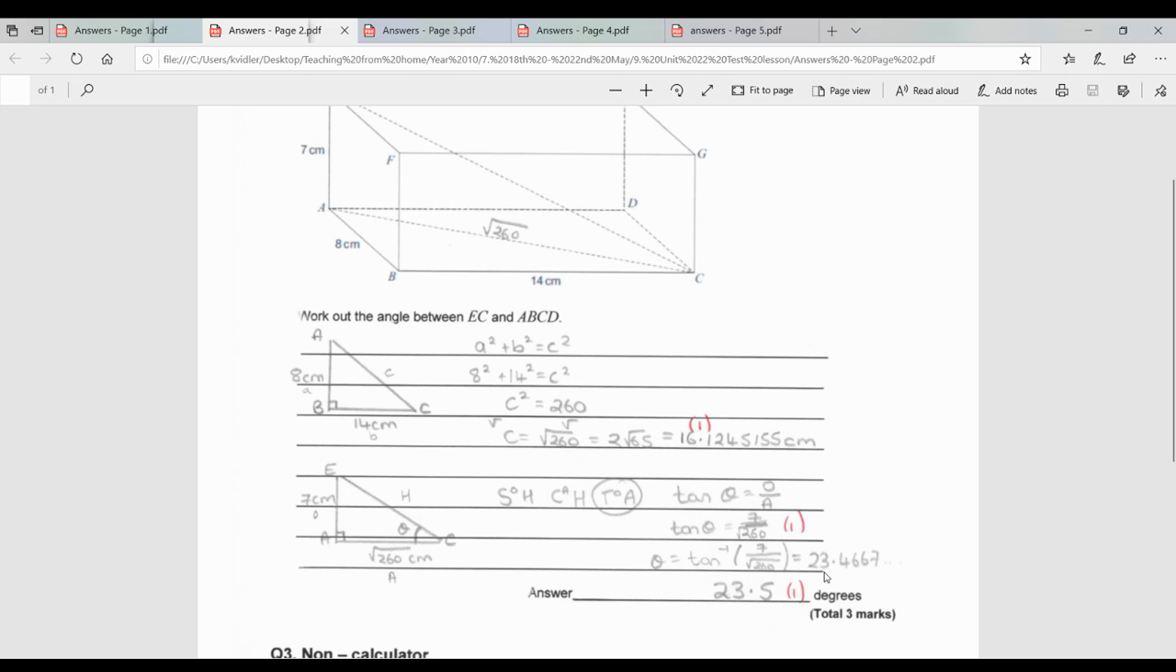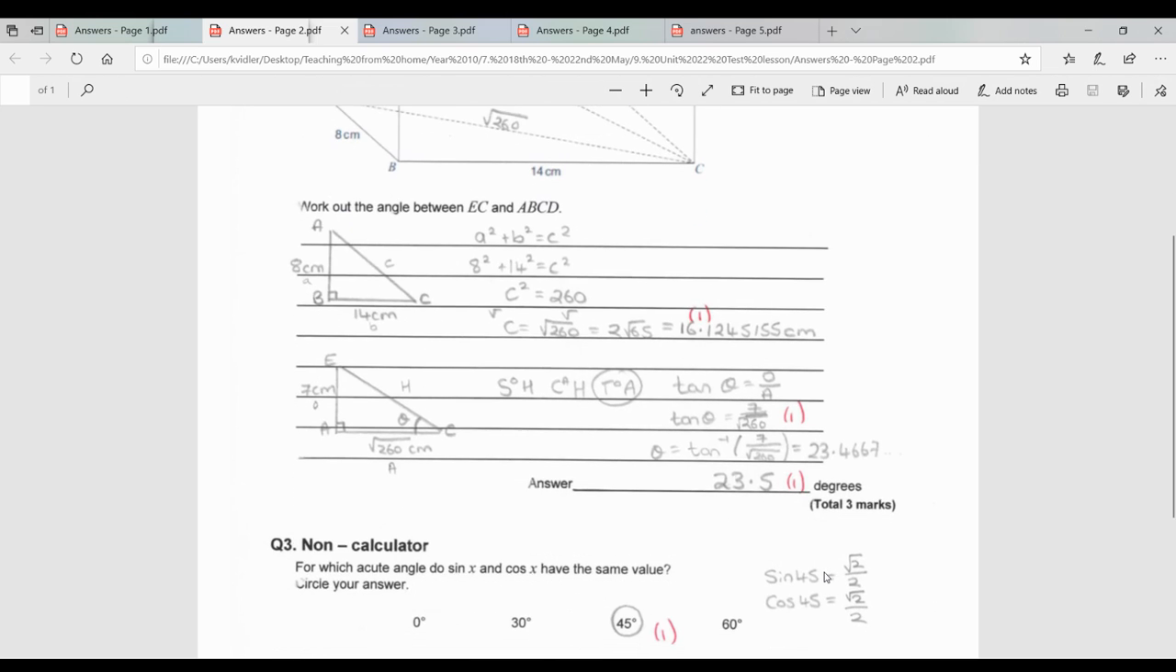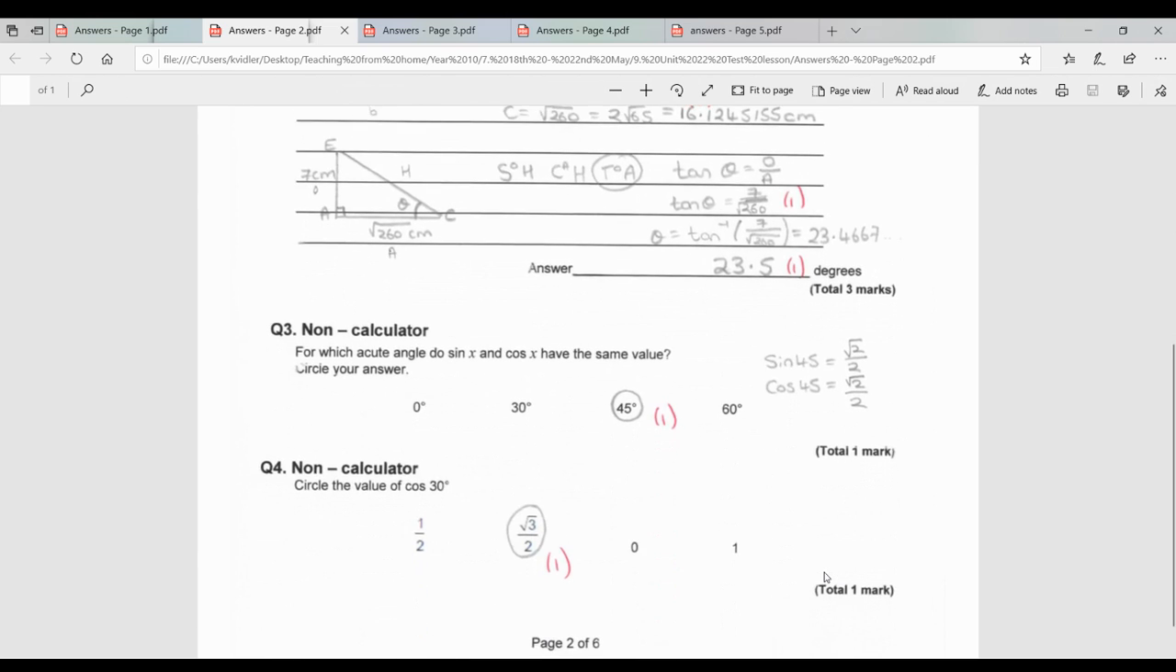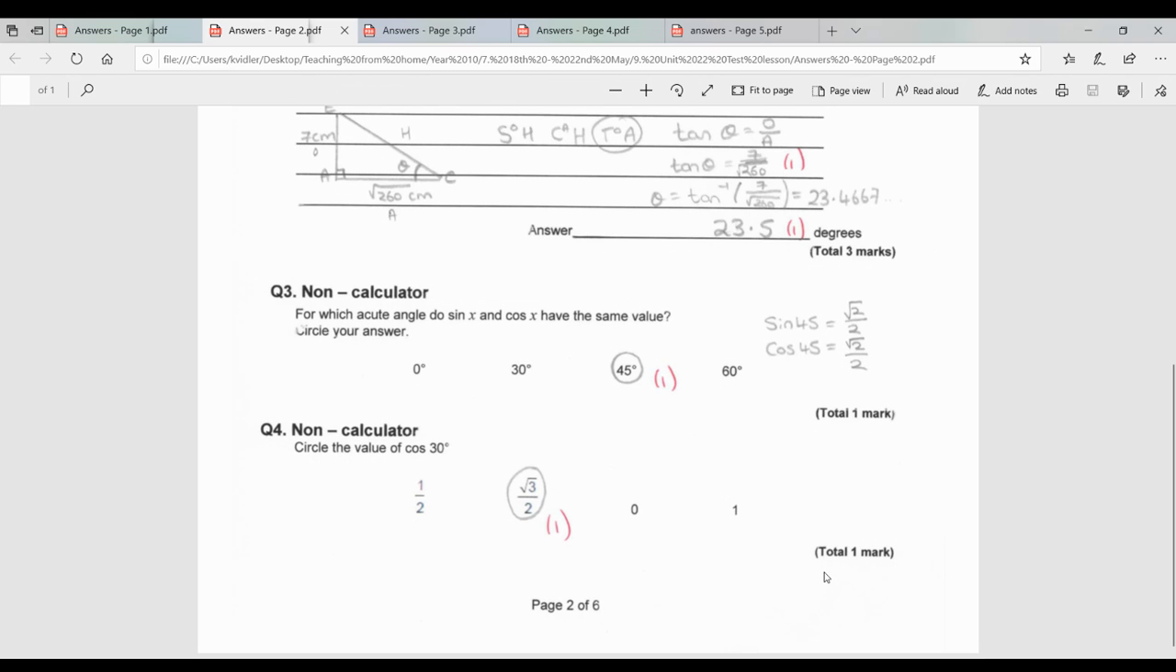So RAG for question 2. Right, questions 3 and 4 then were your exact trig values. So you either had to learn the 2 triangles for this one or learn the finger trick that you watched on YouTube. Okay, so for the acute angle where sine and cos have the same value, we should recognise